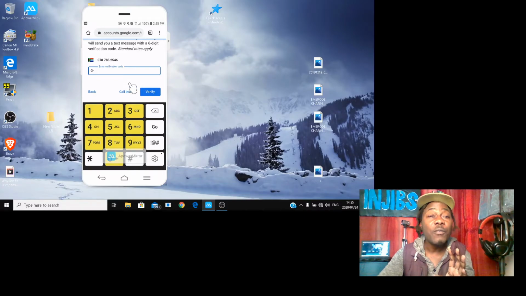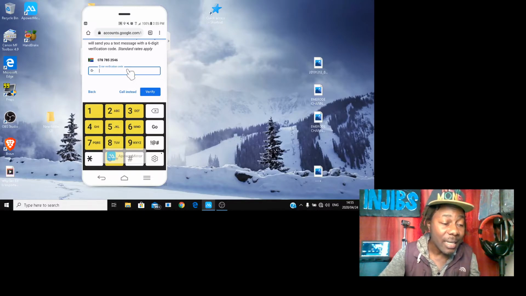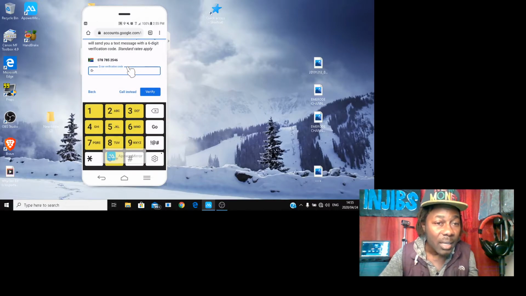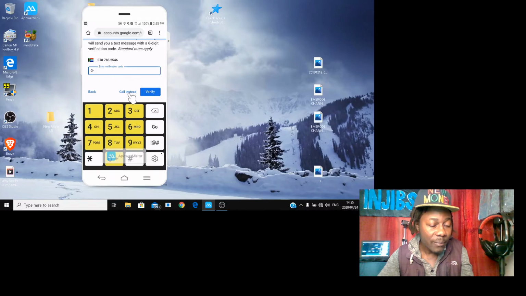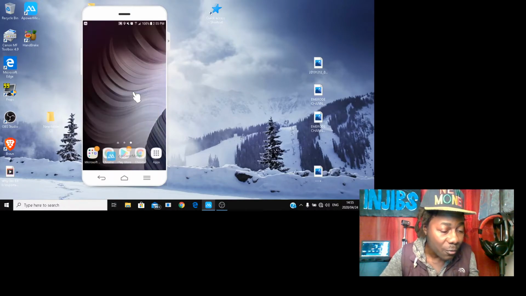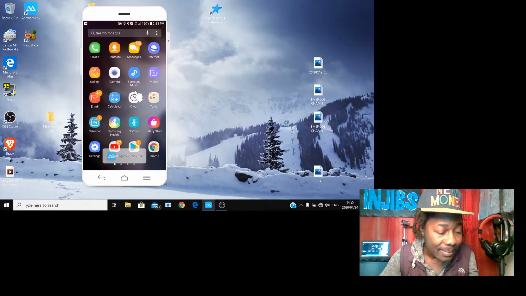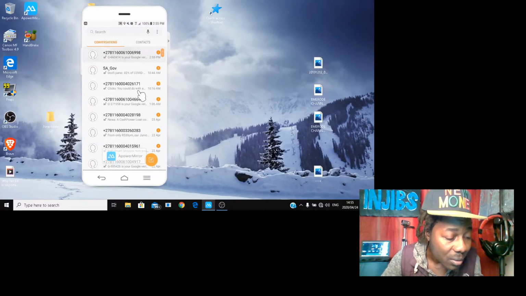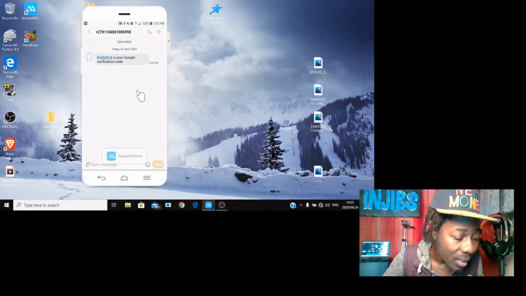Usually, if you've punched in the same phone number, the same SIM card that is inside of your phone, it usually will give you that code. Let's first go and check out if we received any message here. Just go and check on your messages. Then yeah, we received a message. Let's have a look. It's